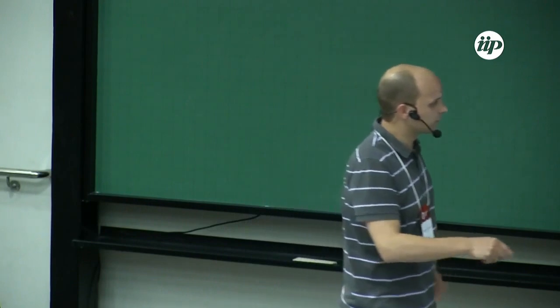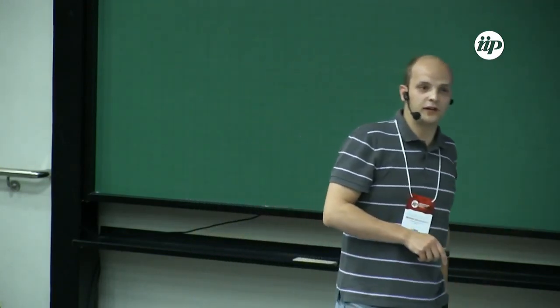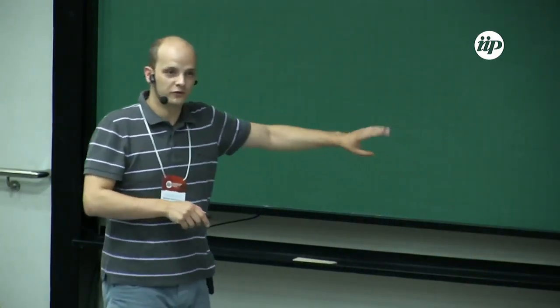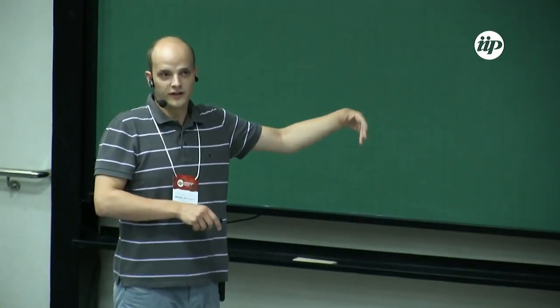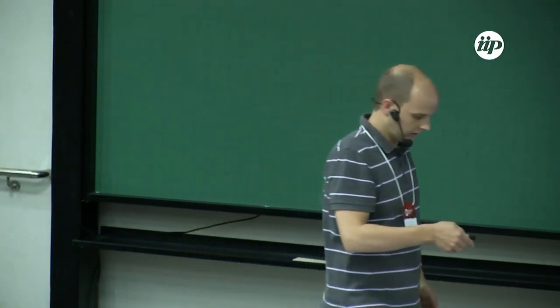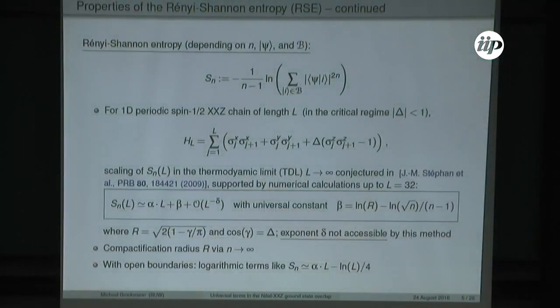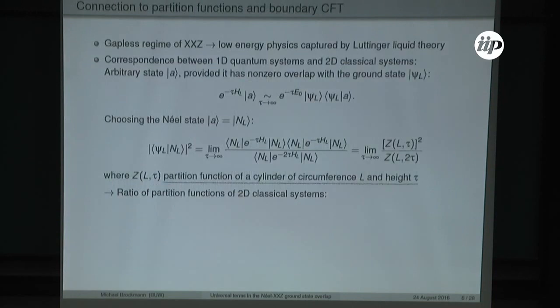So universal with respect to the low energy sector. So you identify your conformal fields. I will come to this point. We will see that it is connected to some conformal field theory, and in this sense universal. So if you had another model which scaled to the same conformal field theory, then you would get the same constant. Okay, and as I said, there's a connection to some